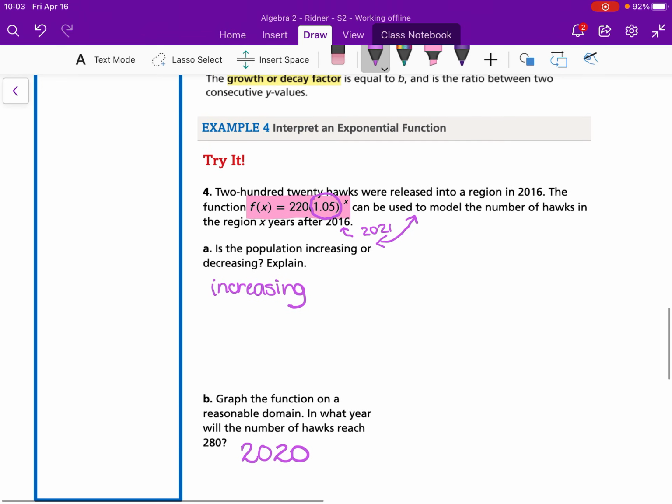All right, so that is an overview of 6-1. Try your practice and your